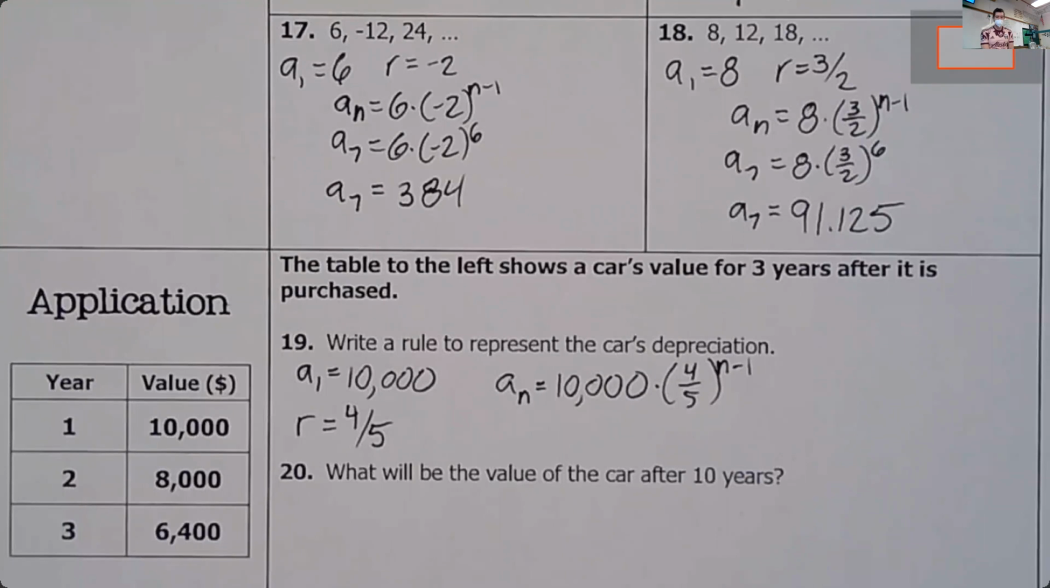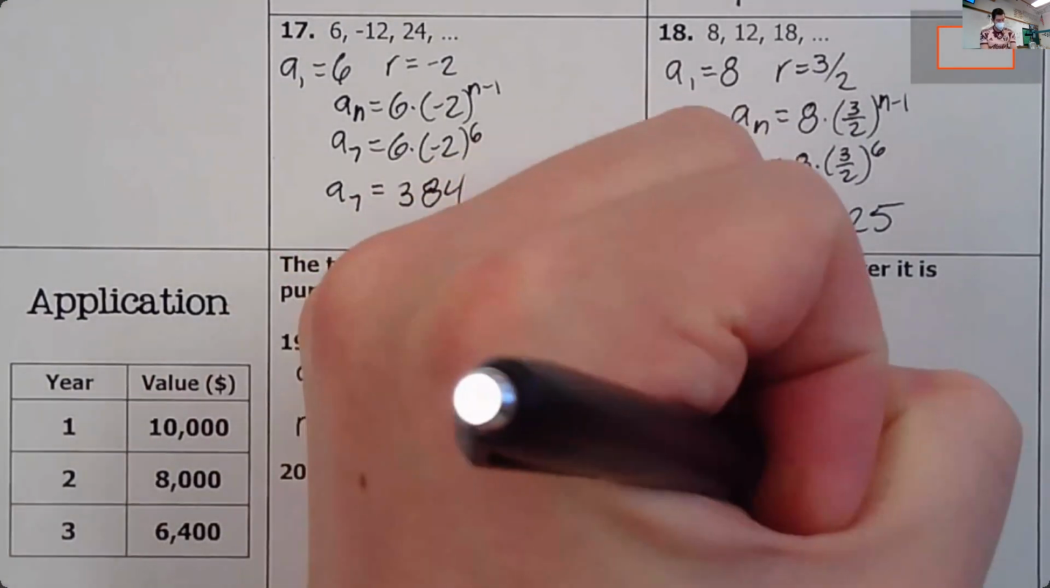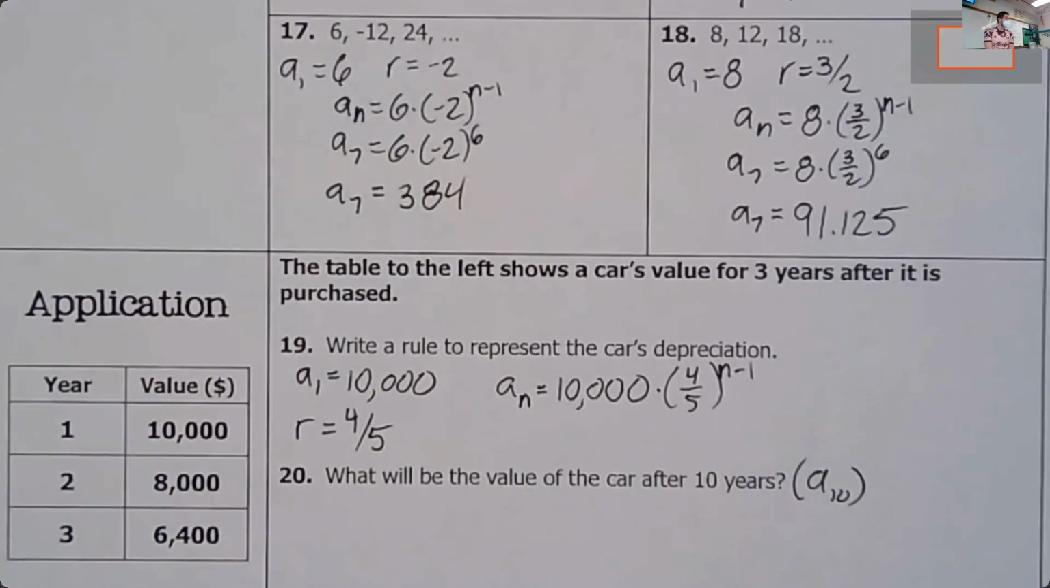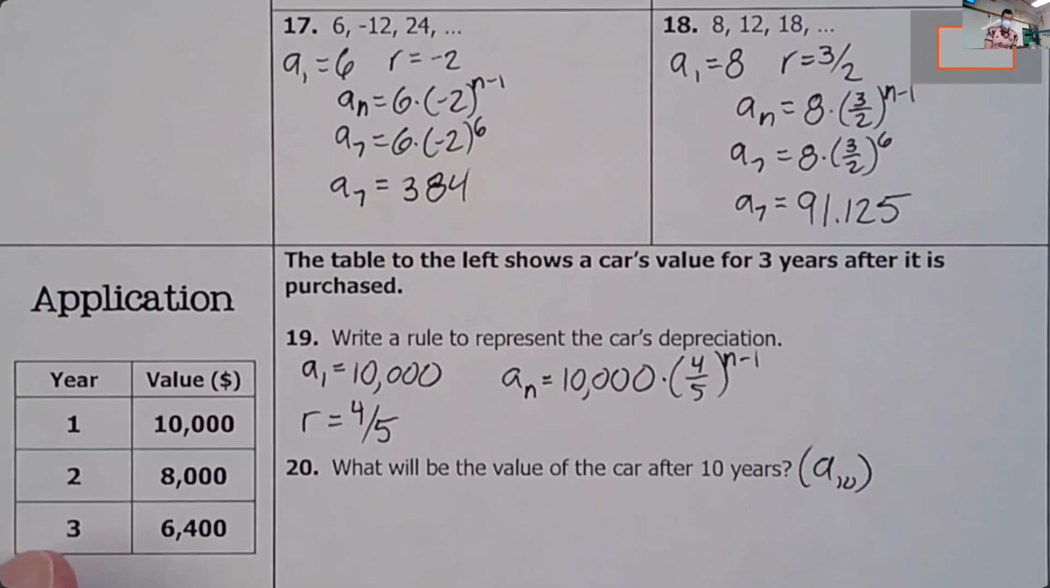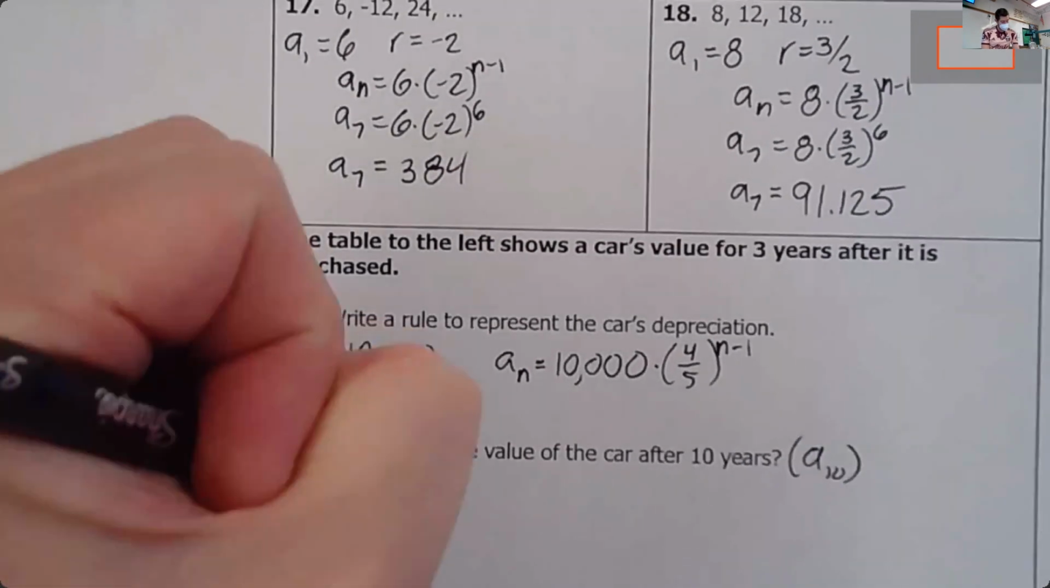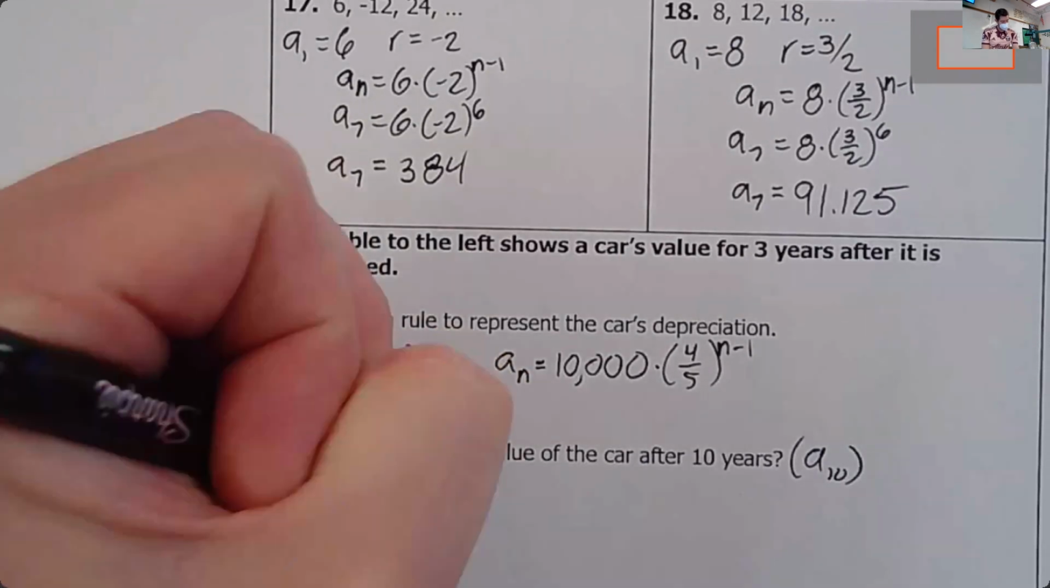So that's the rule that we're going to use to solve for how much the car is worth after 10 years. So 10 years would be find out what a_10 is, the 10th term in the sequence. So we're going to say a_10 equals 10,000